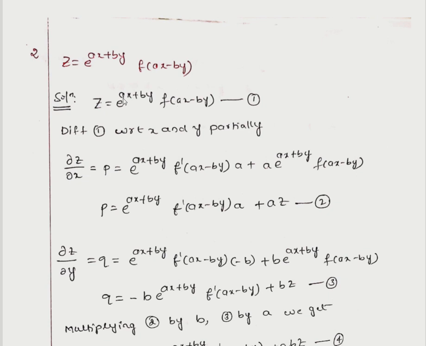here, how to differentiate this with respect to x? This is also a function of x and y. Both are functions of x. Therefore, we have to use the product rule, the UV rule.